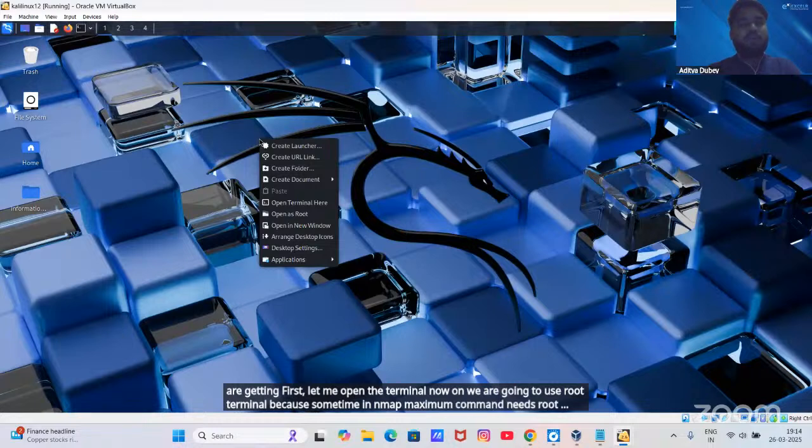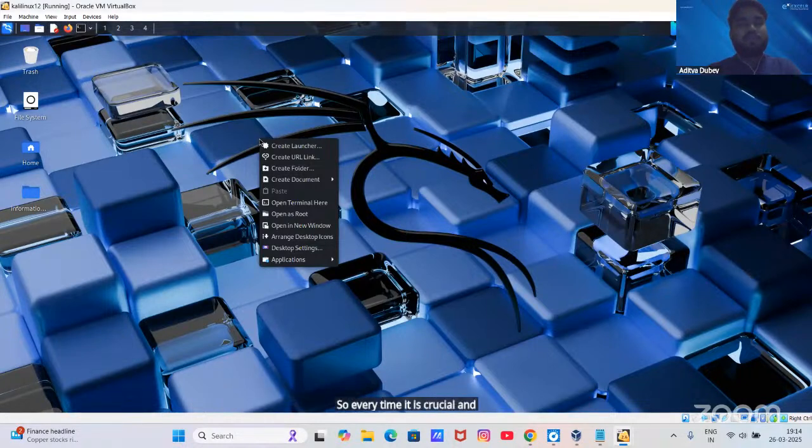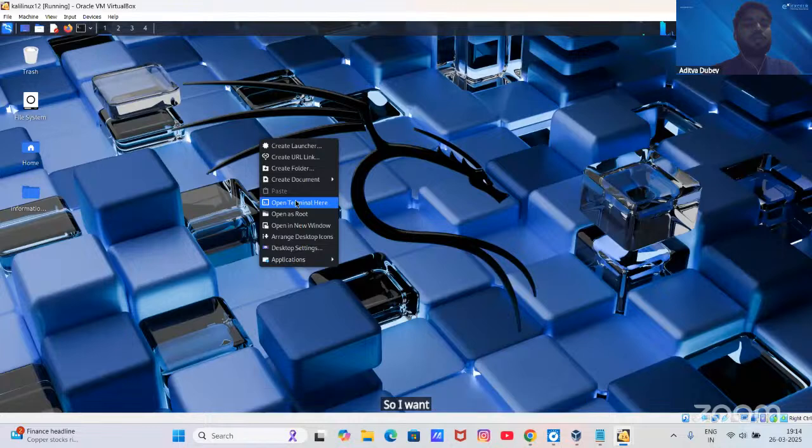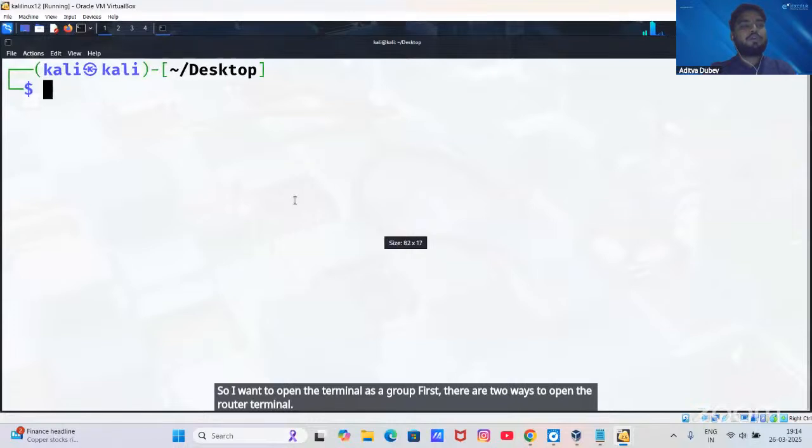So every time it is complicated to type sudo again and again. I don't want to type sudo every time, so I want to open the terminal as root. There are two ways to open the root terminal. First, just open a normal terminal and type